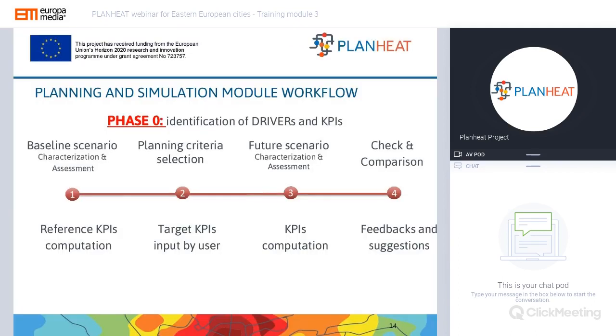So what kind of planning and simulation workflow needs to be done here? As was already mentioned, the planner needs to identify the key drivers and the main objective. So the baseline scenario is characterized and assessed with reference to different key performance indicators computation.